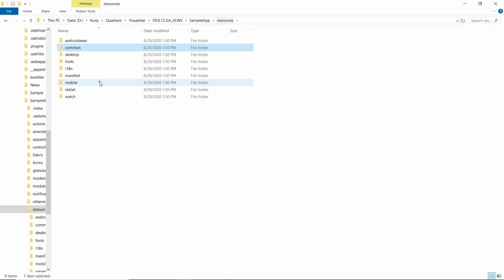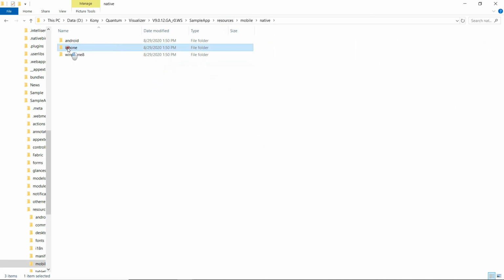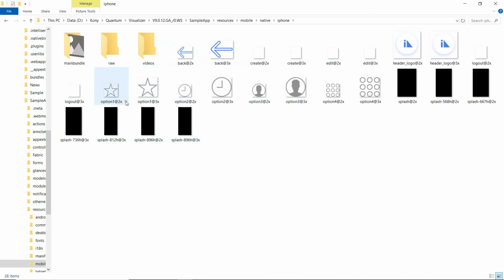At the same time, inside the mobile channel, if we go to native and iPhone, you will see option1@2x.png with a dimension of 54 by 52 and option1@3x.png with a dimension of 75 by 75. The name of the image remains the same, in this case option 1, but the image has various resolutions.